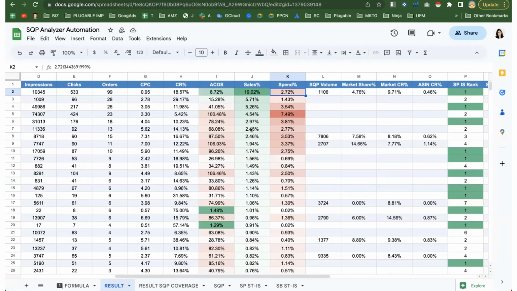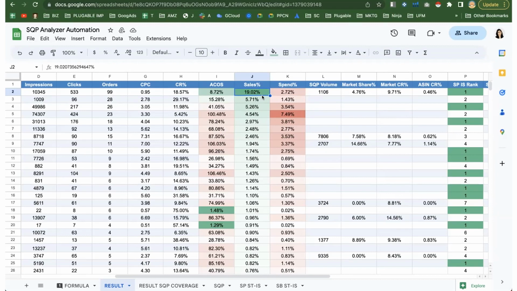And the color formatting that we've done here basically shows that we're spending the most on this one keyword on row number 2. And then, we're getting the most sales from this keyword on row number 2. And the spend there is probably pretty low, like it's just 2.72. So this shows that this is a very strong keyword because, even though you're spending just a little bit, you are getting a lot out of it. Now, in most cases, this tends to be the case for branded keywords, right? You spend a little and you get a lot, right?